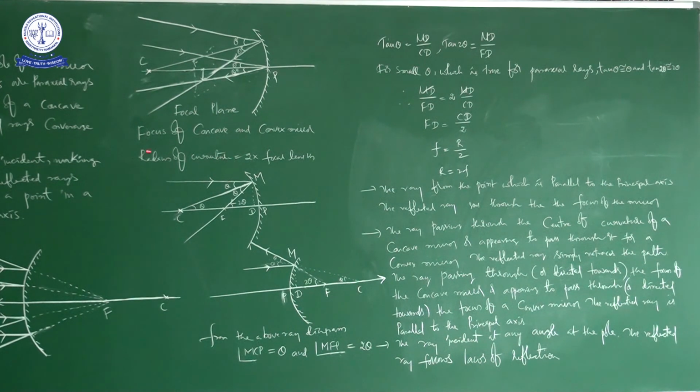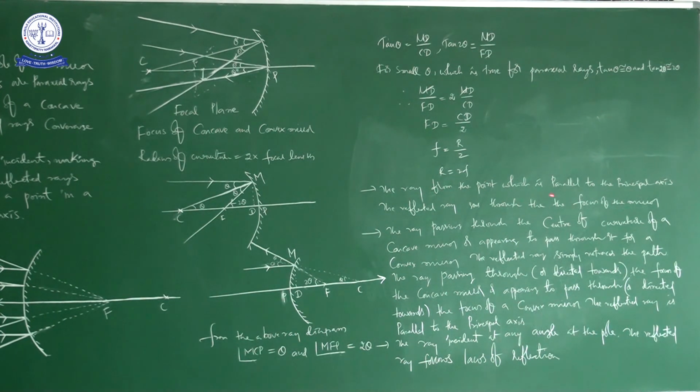Radius of curvature is equal to 2 into focal length. Okay, right. Next, here itself we have to discuss some important points. These points help us when we are in a discussion about ray diagrams. Okay, right. See this. First point, the ray